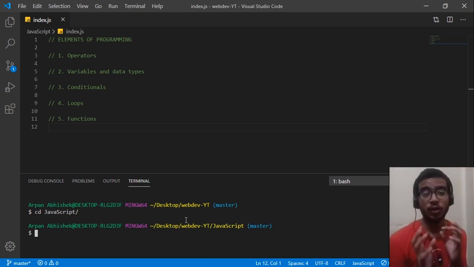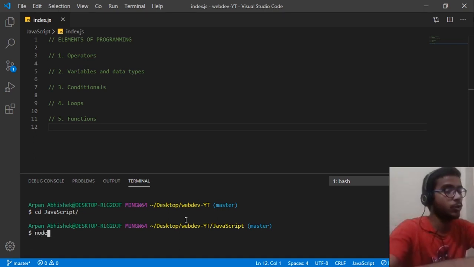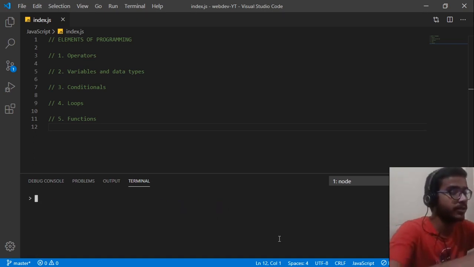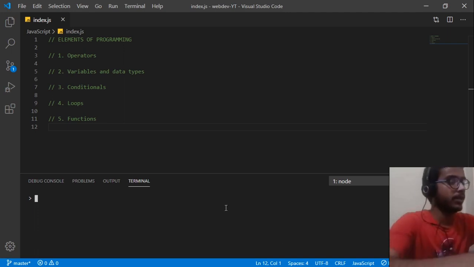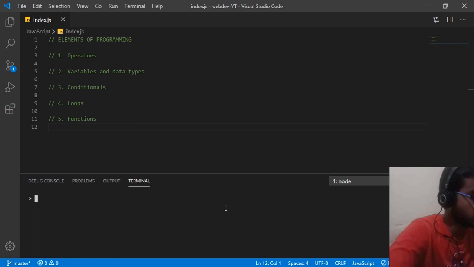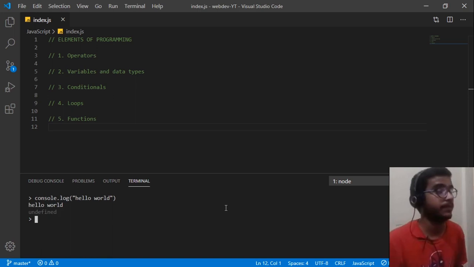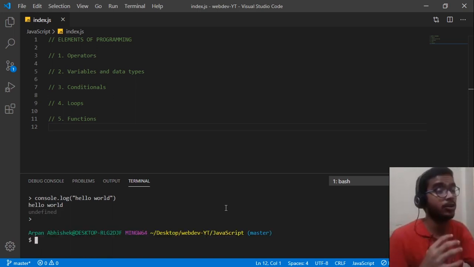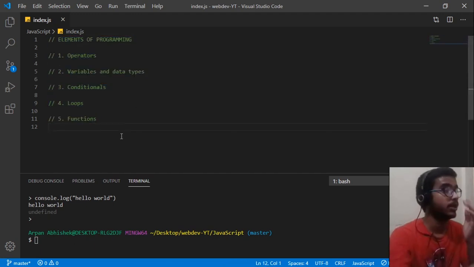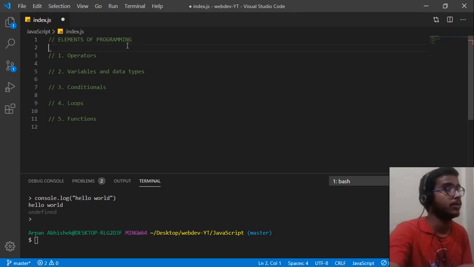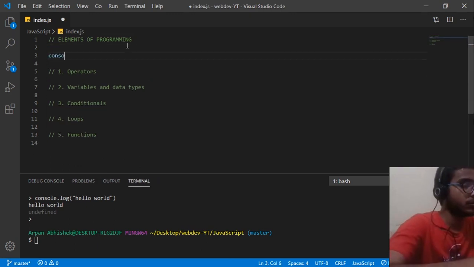After installing Node, you can run just node in your terminal, and you'll find this. This is the same as your browser's console, so you can write here hello world. Yeah, exactly the same. You can press Ctrl D. We are not using that. Also, we are going to write a JS file and then run it with node like this. We can write console.log